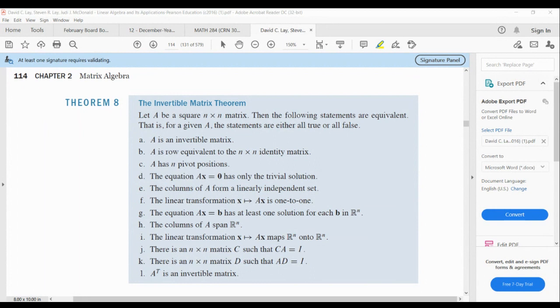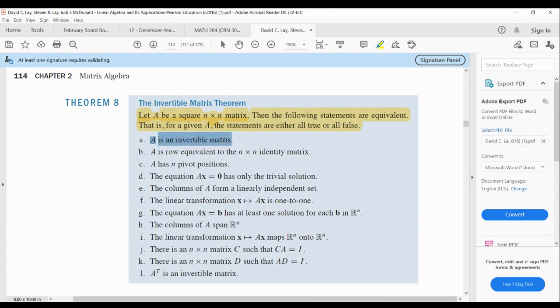Yeah, well, I agree, Ariana, but a lot of these concepts are very intuitive based on the learning you've done already. So, of course, the invertible matrix theorem only applies to square matrices. And it says the following statements are equivalent. That is, for a given matrix A, the statements are either all true or all false. Okay. So, like for instance,